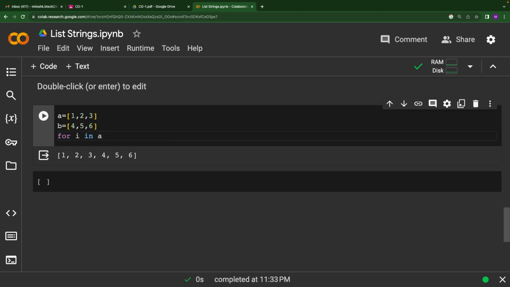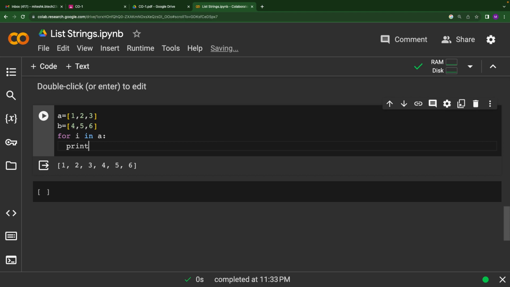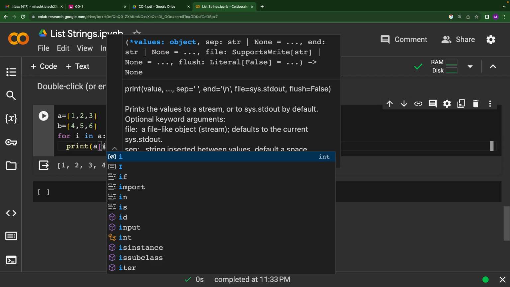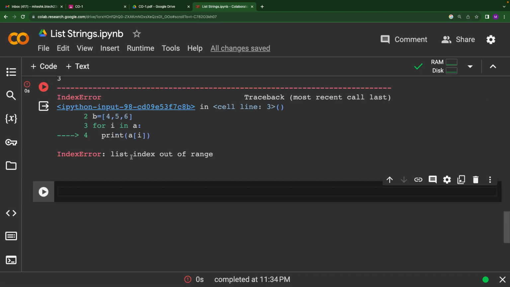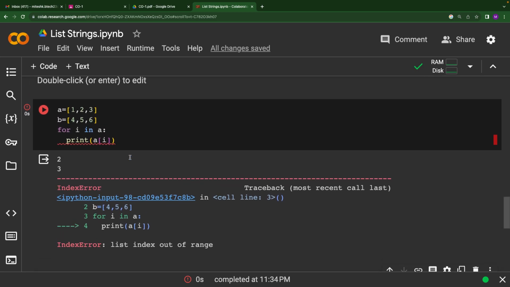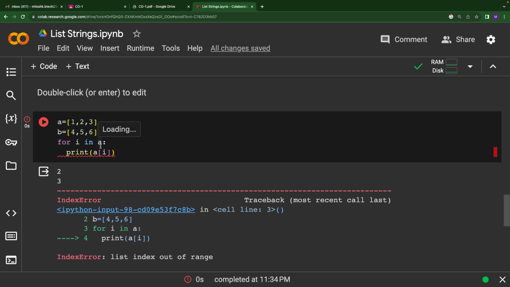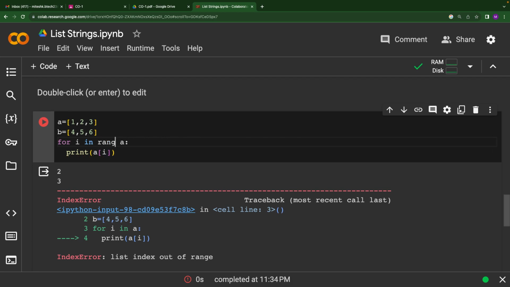So if I say for I in A, print A of I. Remember I discussed indexing in lists, that this same thing applies here as well. So A of I, if we run it, gives the index error saying list index out of range. The reason is for I in A: Python goes within the list, and you are printing the index of the list, which is an integer, but this is a different data type, right? So in order to have it in the same data type, you use range